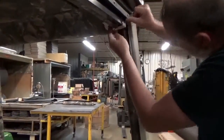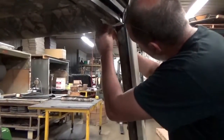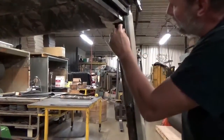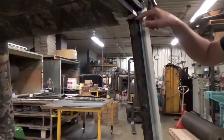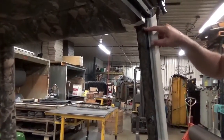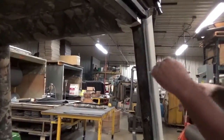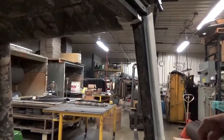But it's really not necessary unless you get pretty wild with your glue, because we stop about right in this area here, about 3/4 of an inch below the brackets that hold the headliner in. And the reason we stop there is because if we put adhesive all the way up in here, it's hard to get that material tucked into that spot. So we're going to go ahead and